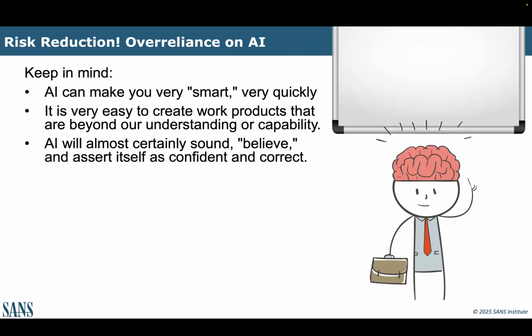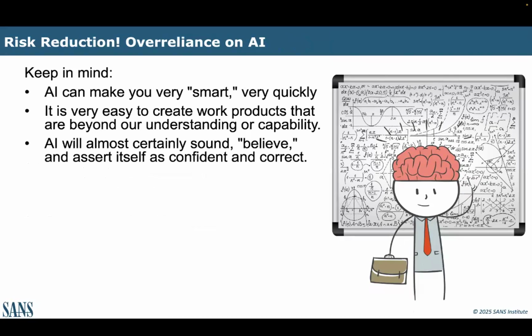Okay, so the last one I'll talk about is called over-reliance. This is very easy to understand. And if you don't understand, just ask ChatGPT and it'll tell you what to understand. And that's actually kind of the problem. It is very easy, if you use this stuff all the time, to start doing things that are beyond our capability to understand: is it right or not?